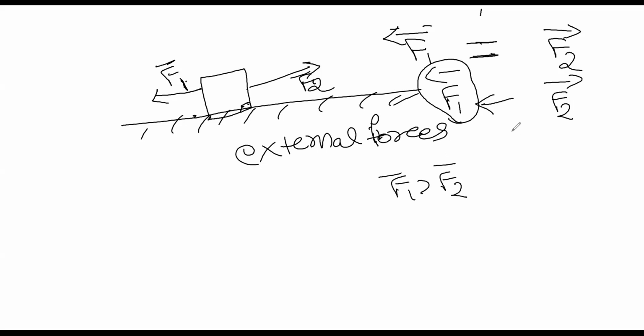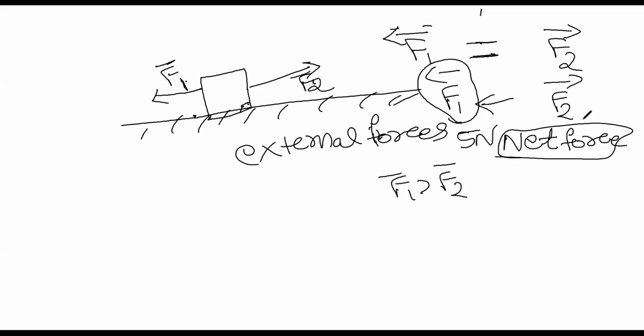Correct. So the body will move wherever there is the maximum force; it all depends upon the net force. Net force is the summation of all the forces along with the direction. Let's suppose here it is 5 Newton, here it is 3 Newton. In general, you will think the net force is 5 Newton plus 3 Newton, a total of 8 Newton. This is wrong. You have to add forces when they are in the same direction.